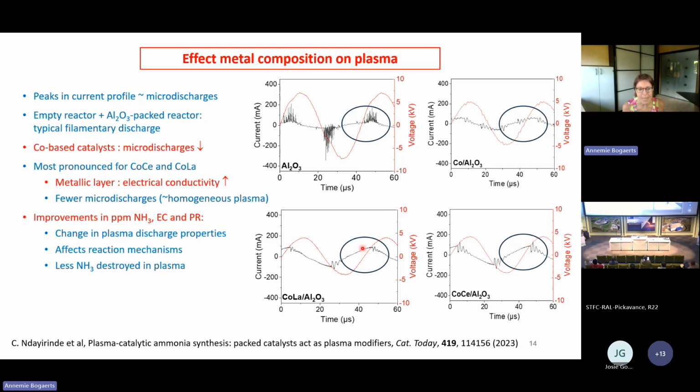And so the improvements in the ammonia concentration are actually attributed to changes in the plasma discharge properties, which affect the reaction mechanisms. The reason is that less ammonia is destroyed in the plasma. So that's why I come to the conclusion that the catalysts act as plasma modifiers. There might be some catalytic effects as well, but this plasma physical effect is much more dominant. That was the title of our paper here. So it means these catalysts can change the plasma to the desired mode,